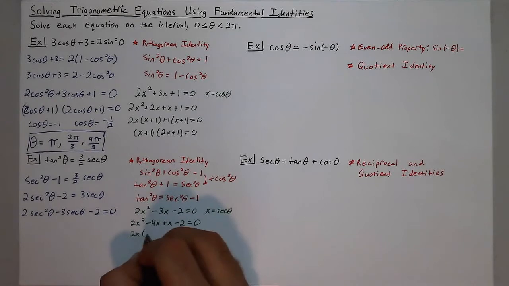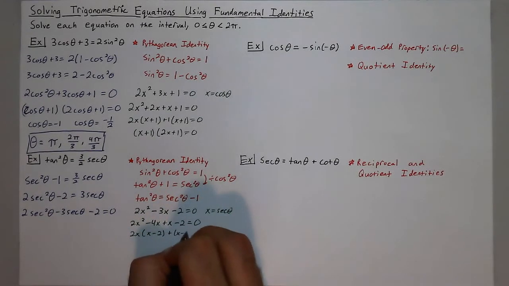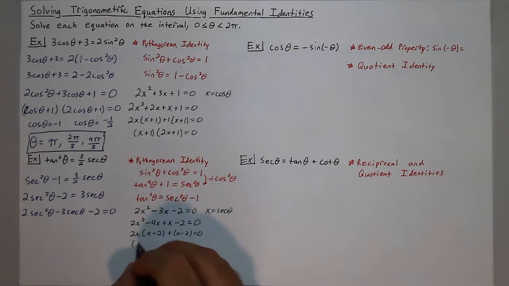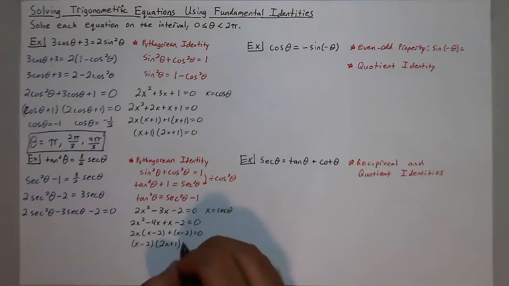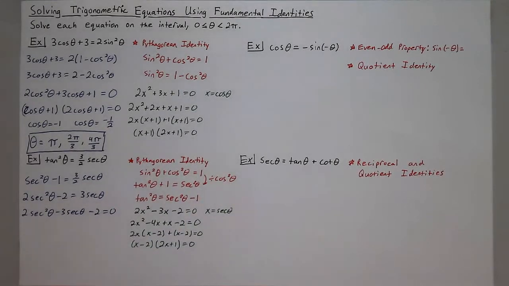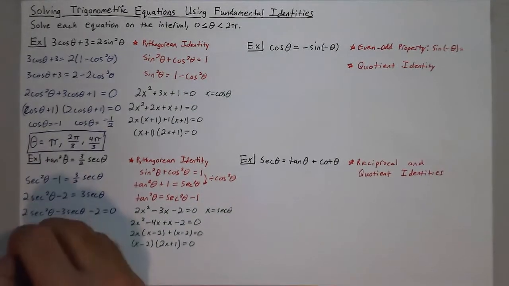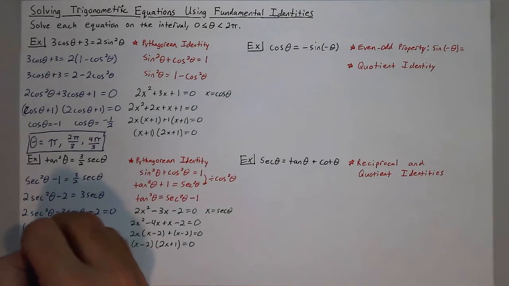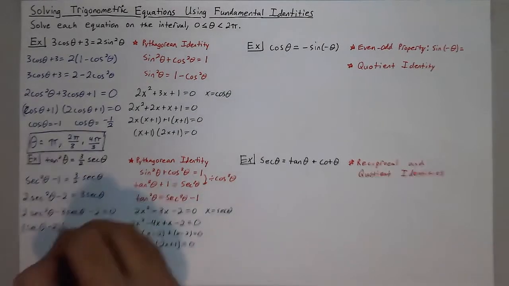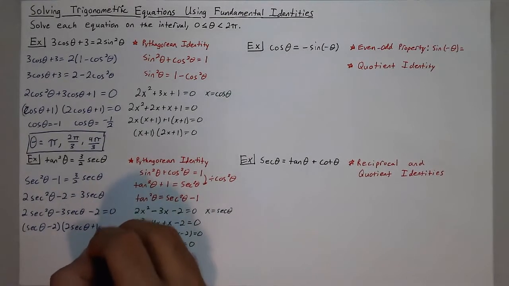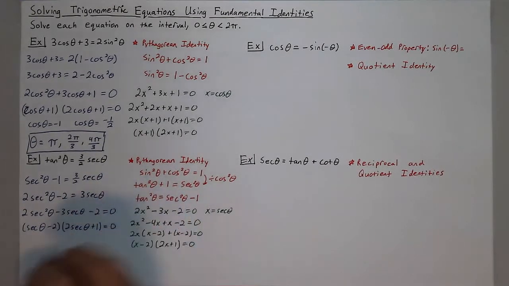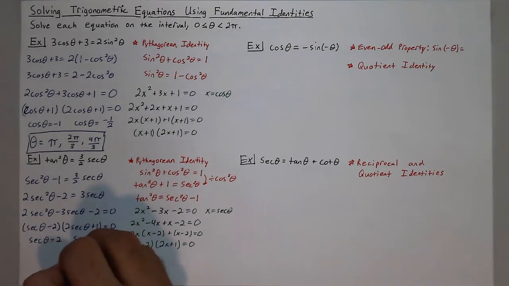And when I finish factoring this, I'll have 2x times x minus 2 plus 1 times x minus 2. So I get x minus 2 times 2x plus 1 equals 0. So when I factor this expression, I'll have secant of theta minus 2 times 2 secants of theta plus 1 equals 0. Solving both those, I get secant of theta is equal to 2, and secant of theta is equal